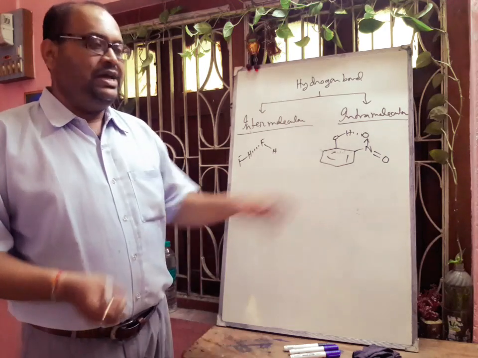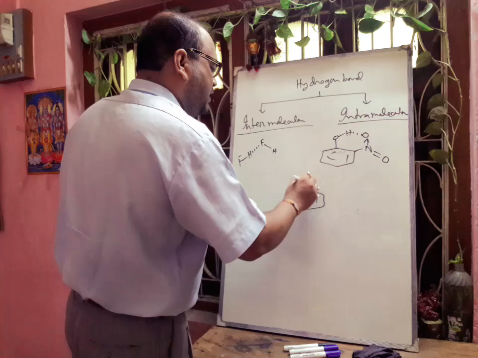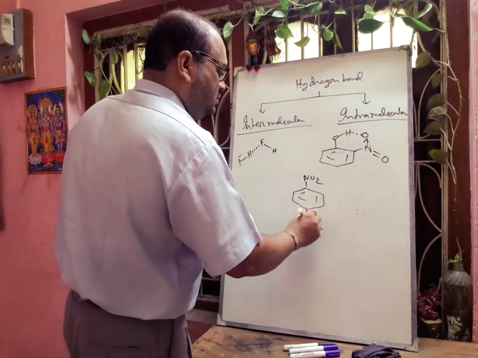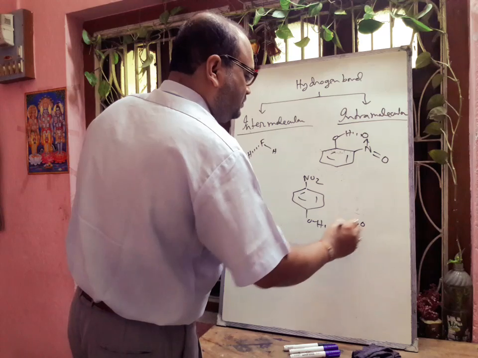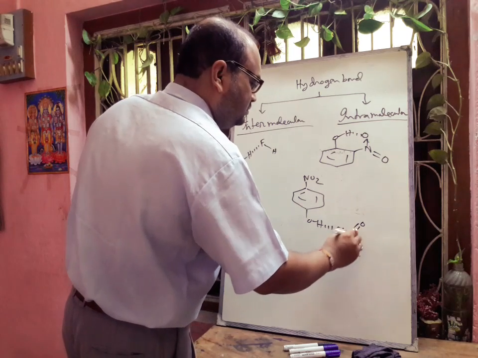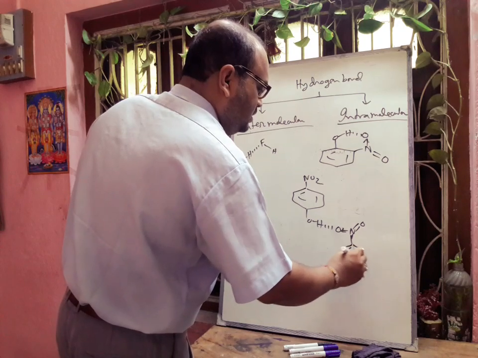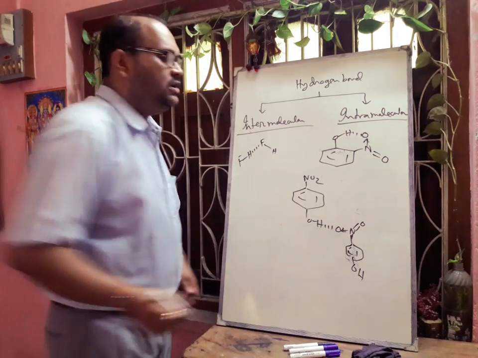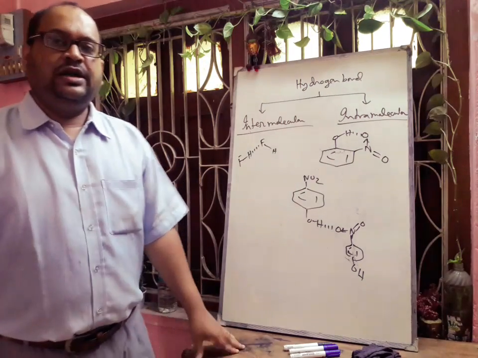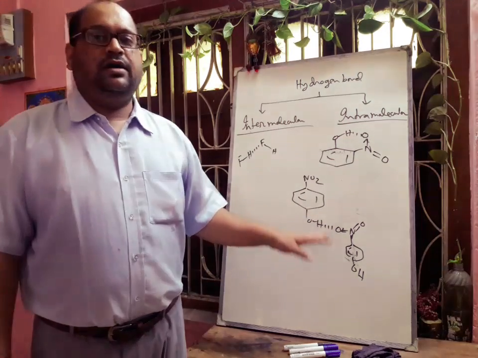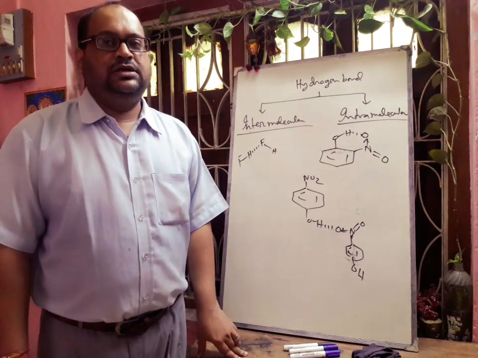But when we think about the para isomer, there will be hydrogen bonding between this OH and the nitrogen group of another molecule. There will be intermolecular hydrogen bonding, so there will be long association of molecules. So definitely its boiling point will be higher, and it is not steam volatile.